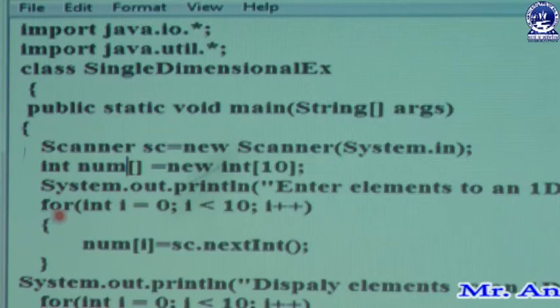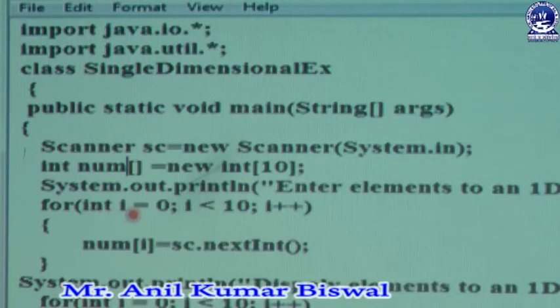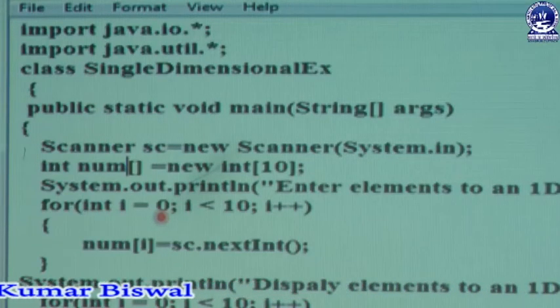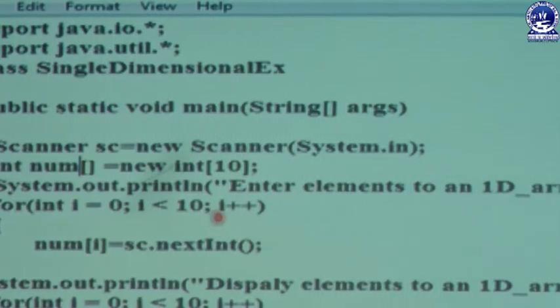First of all you declare a for loop with parameters int i equal to 0, meaning the ith location starts at 0 because an array starts from index 0. Then the condition i less than 10, semicolon, i plus plus.